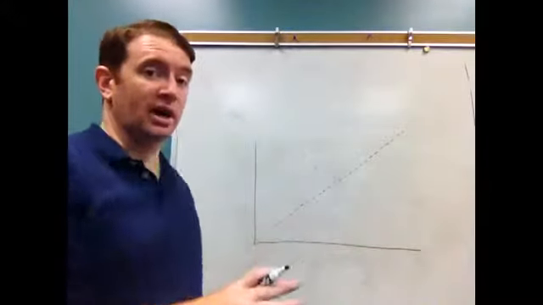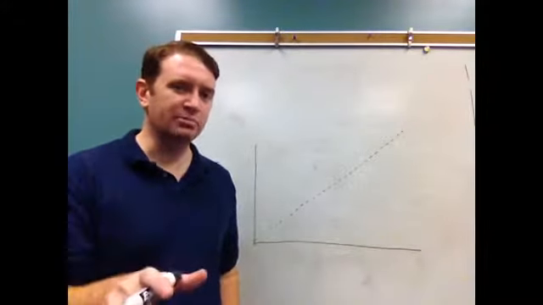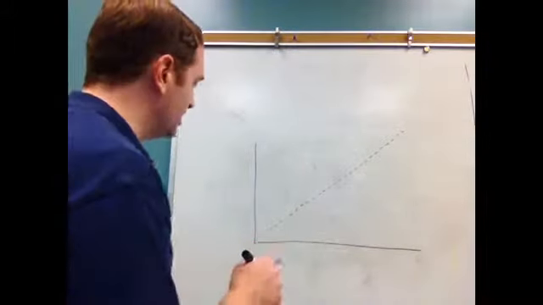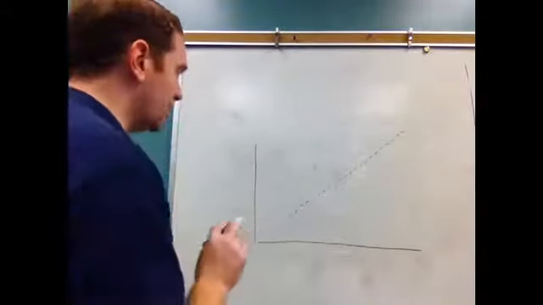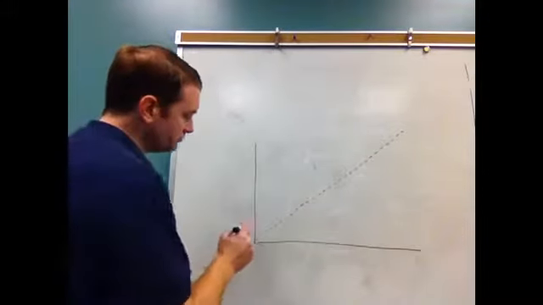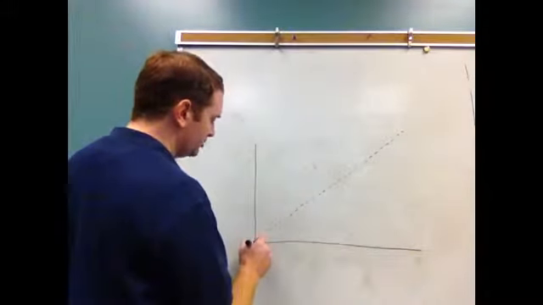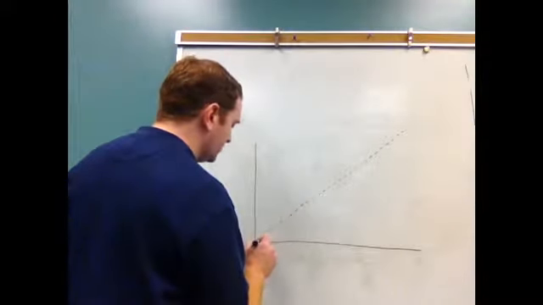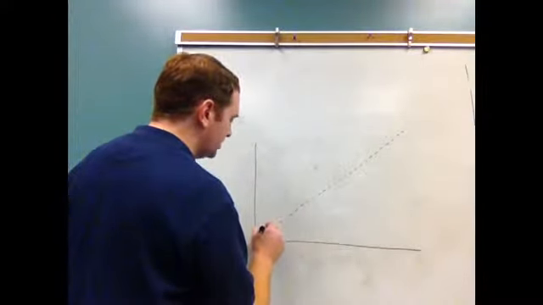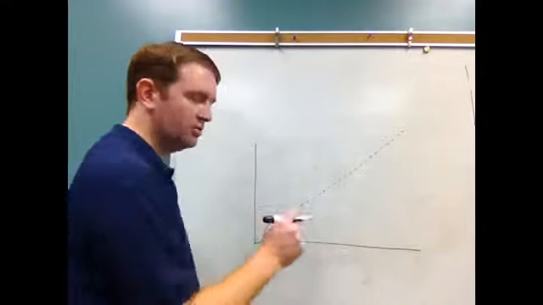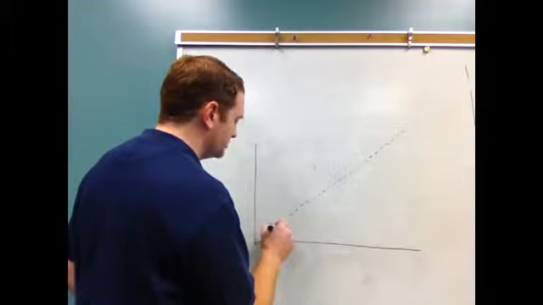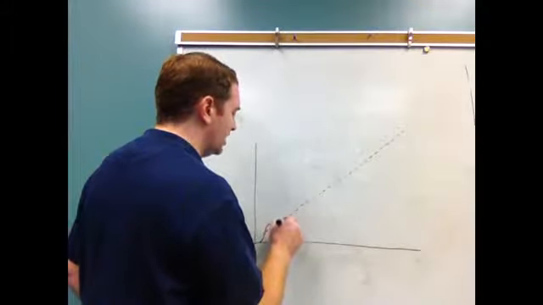However, that's not the real price. Remember, the equilibrium price is the perfect price, but we can't always find the perfect price. Sometimes it's a little bit difficult. So let's talk about the real price and see what happens to it. Well, first of all, maybe the real price is a little bit low, and then people realize, oh, hey, I can sell this for more money. So it goes a little bit high, and then they're like, oh, wait a second, not as many people are buying it. So the price goes a little bit down, and then a little bit high.